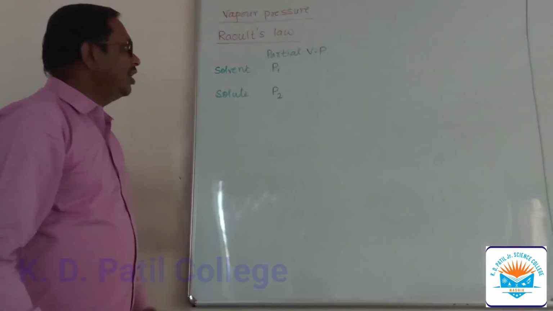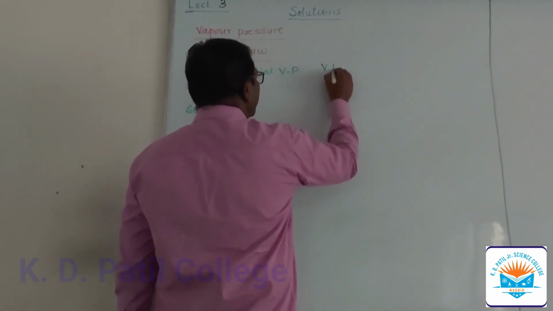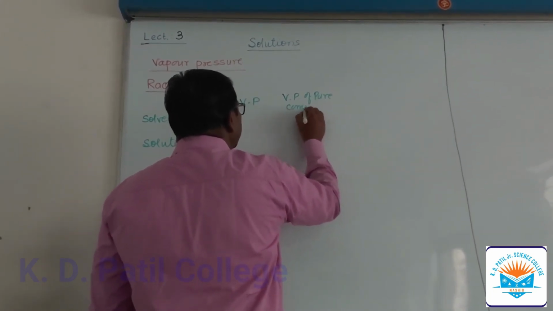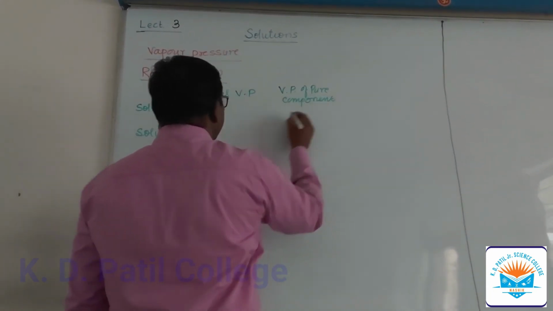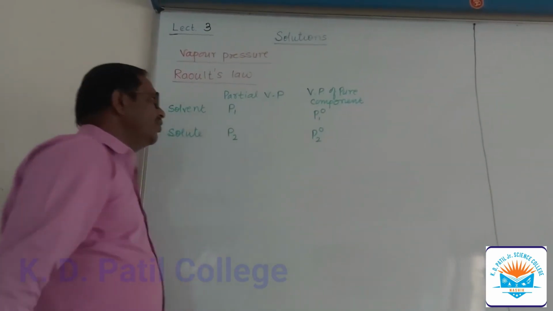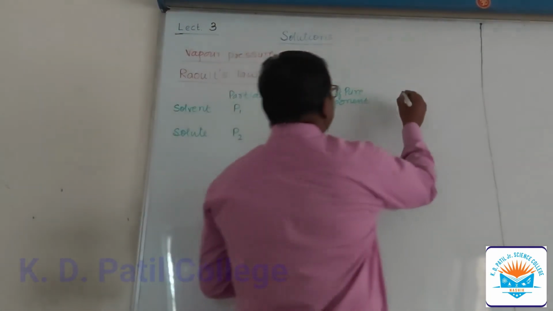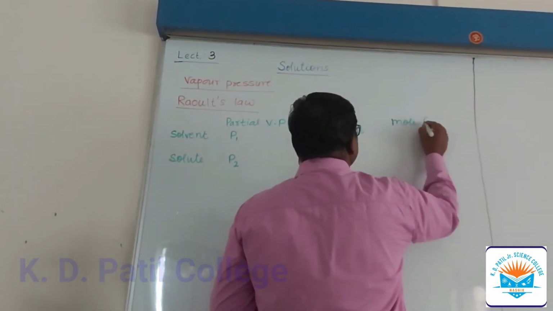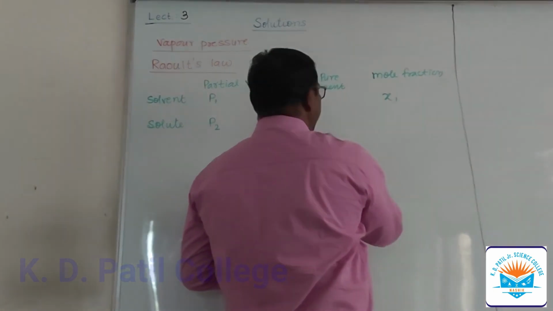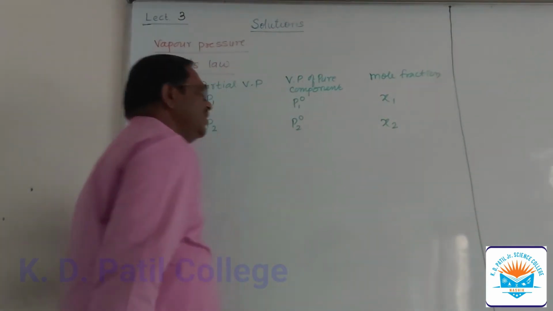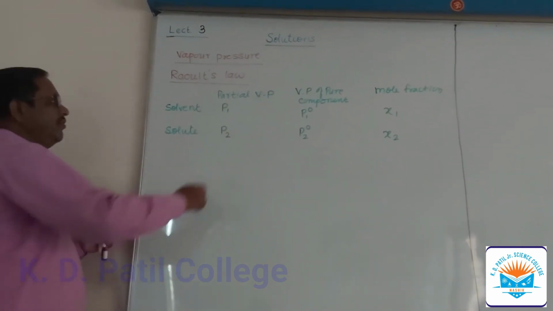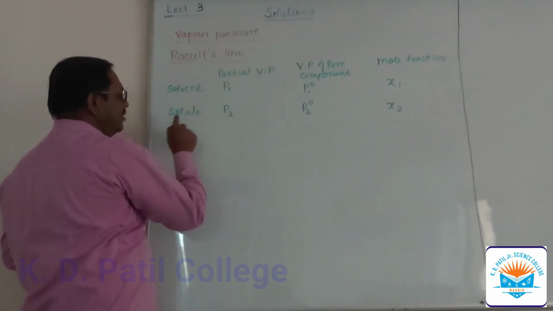Further, the vapor pressure of the pure components: suppose it is P1 0 and this is P2 0. This is the second part. And suppose this is the mole fraction: we consider the mole fraction of the first as x1 and the mole fraction of the second as x2. In this way, the partial vapor pressure of solvent P1 and partial vapor